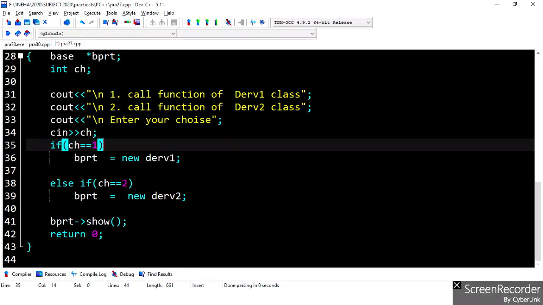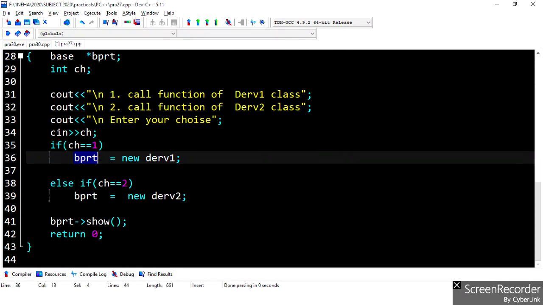If we enter 1, then the base class pointer bptr will point to the object of derive 1 class, which is declared using the new keyword.